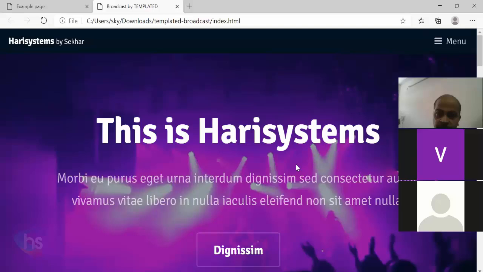what you need to do is, very simply, you have to take a domain name with hosting space. So from any of your domain service providers, like GoDaddy, BigRock, and many other service providers are offering this facility.